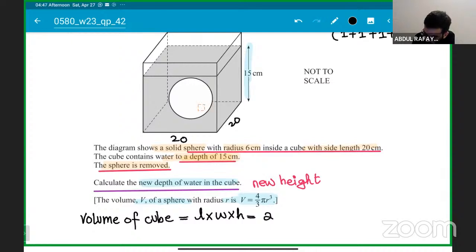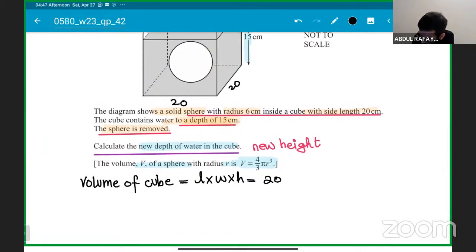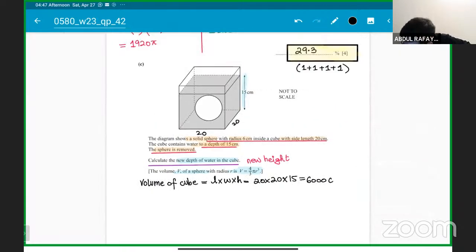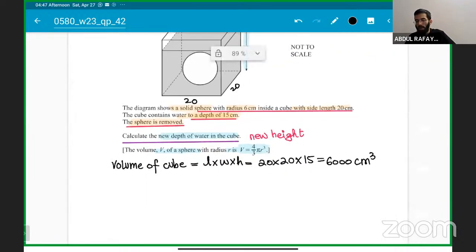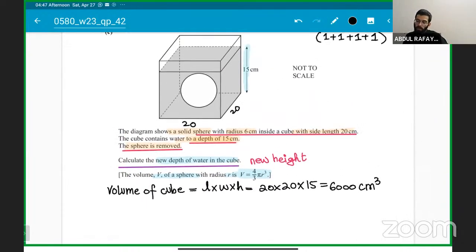ये स्क्वायर है ना, क्यूब के अंदर स्क्वायर बना, तो इट विल बी 20 इंटू 20 इंटू 15, ओके? होप एवरीवन नोज दिस एंड गेट दिस, कि 20 इंटू 15 हो जाएगा, दैट इज बेसिकली 6,000 centimeter cube is the volume, okay? The volume of cube is 6,000 centimeter cube। और हम इजीली फाइंड कर सकते हैं।